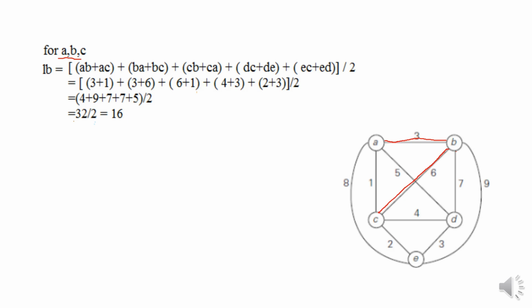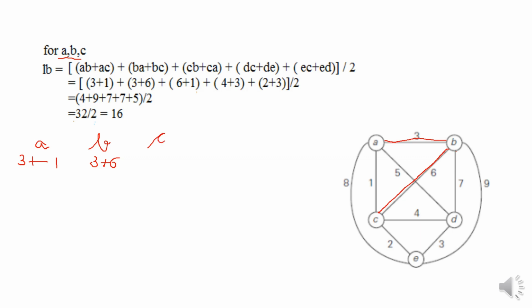So for vertex A, we consider the least 2, right? And we consider this edge and this edge. This has to be there. So we have this edge plus this particular weight. Next, for the vertex B, I consider the least 2, out of which the edge to city A should be there, as well as the edge to city C should be there, and with the least 2 also the same 2 edges are considered. So I have 3 and 6.